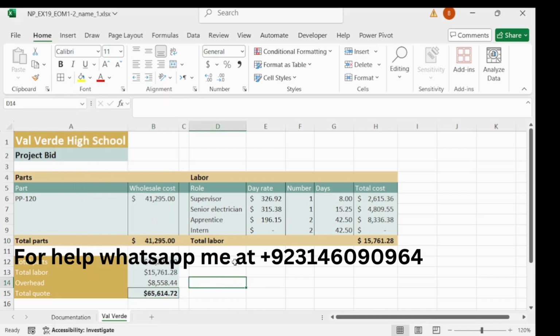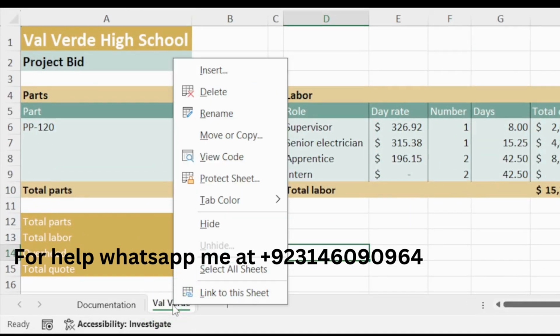And our step number 15 is create a copy of the wall worksheet. So click on this, right click on it and